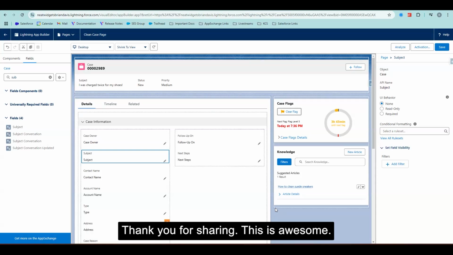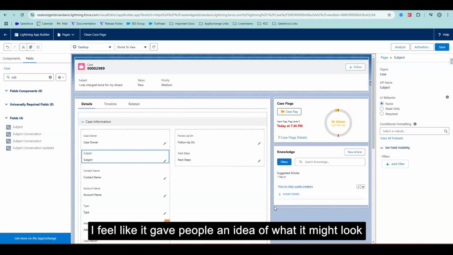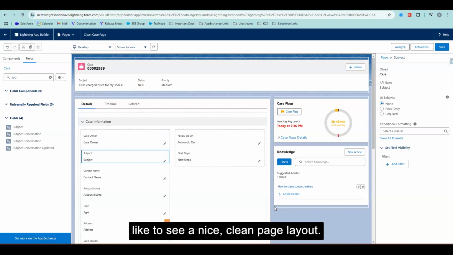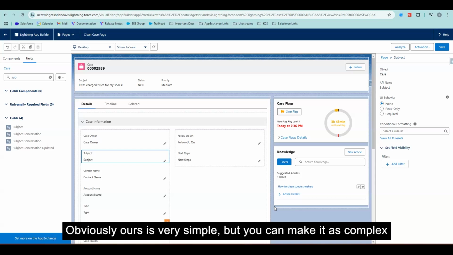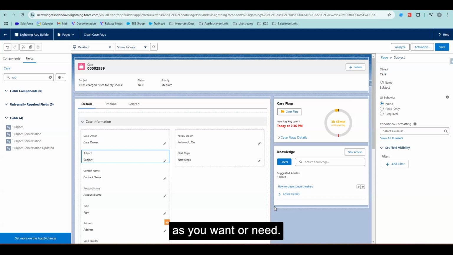Well, thank you for sharing. This is awesome. I feel like it gave people an idea of what it might look like to see a nice, clean page layout. Obviously, ours is very simple, but you can make it as complex as you want or need. So, yeah,